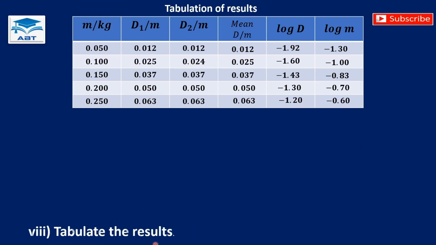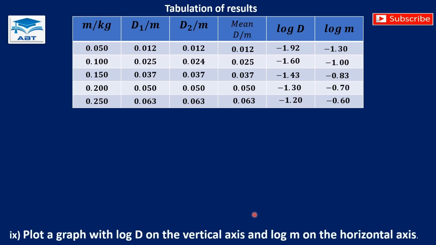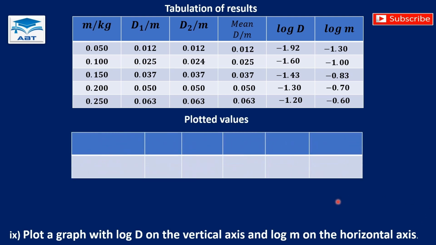So we tabulate the results. Now plot a graph with log D on the vertical axis and log M on the horizontal axis. So we need the values of log D. So for the values of log D,